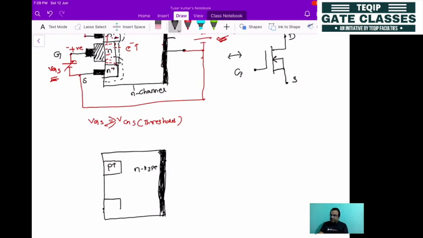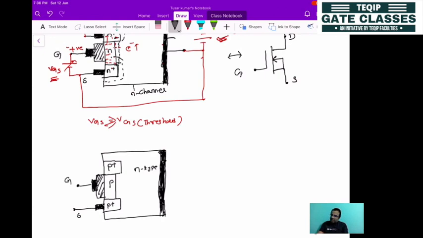The next one you can put is another P plus. Then here you will be putting another P type material, and the electrical contact is the same as the previous one. Here you can put one metallic contact. This one will be the source, and here one oxide layer will be placed, so that's why it is a MOSFET. This is the oxide layer, particularly silicon dioxide, as I already told you. Then here we'll have one metallic contact, and this terminal is known as the gate.